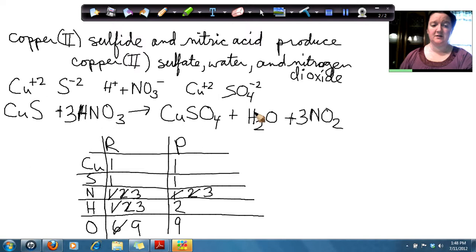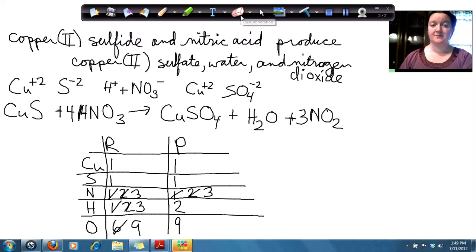And if I look at my hydrogens, I don't have those balanced. But I need to be able to get 3 hydrogens, and here they only come in multiples of 2, so that's not going to work. Let's look at changing this coefficient to 4. So if I erase that, change that to 4. I'm also going to have to change this nitrogen to 4, so I have the nitrogens